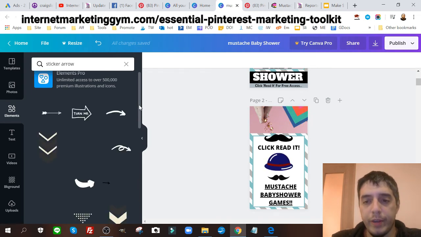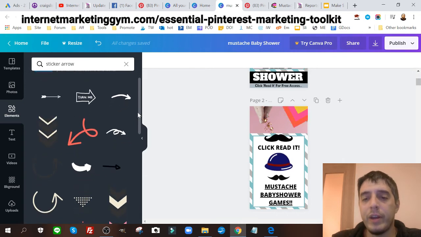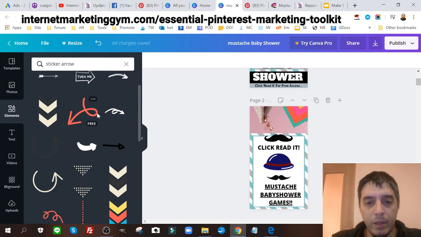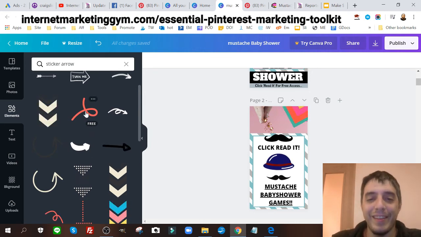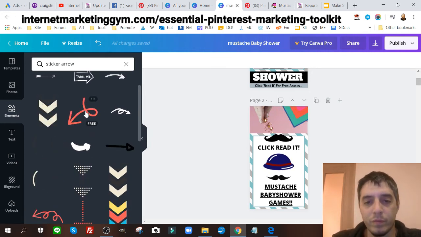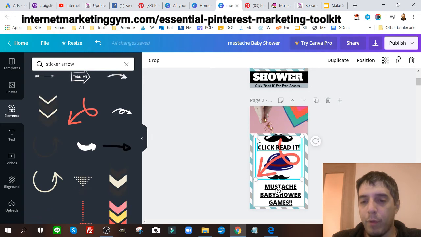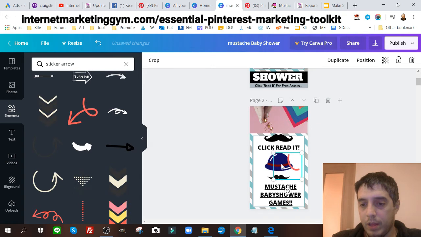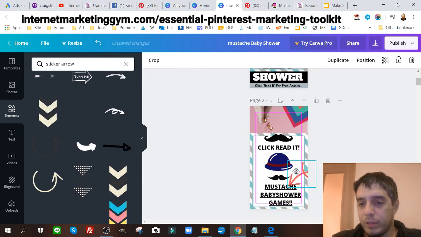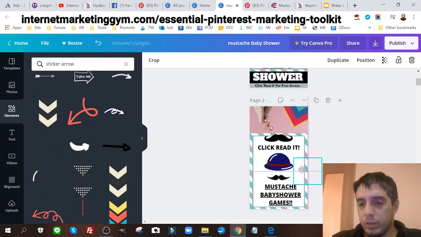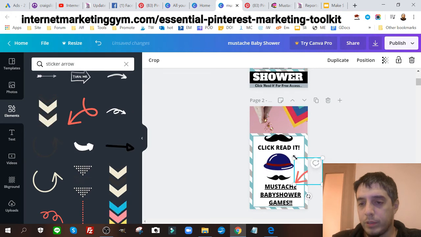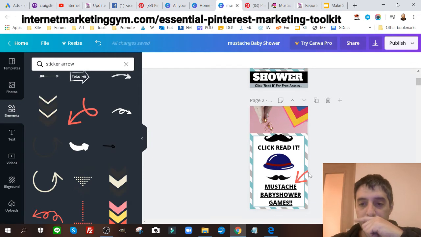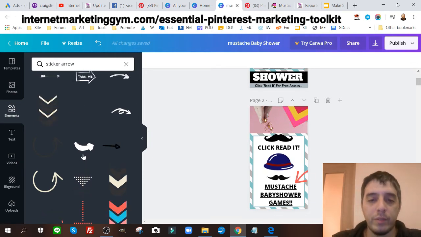And what you want to do here, now this is kind of, I created this on the go here, so maybe you should take your time with it. But you definitely want to play around with it and be, like I said, be creative. You want some colors to disrupt. It's perfect. So you got this arrow coming in on one side.